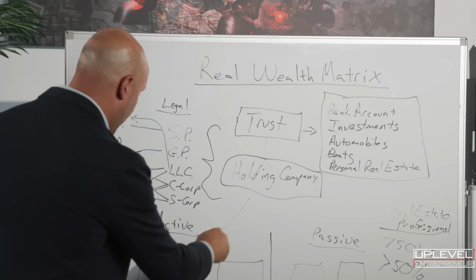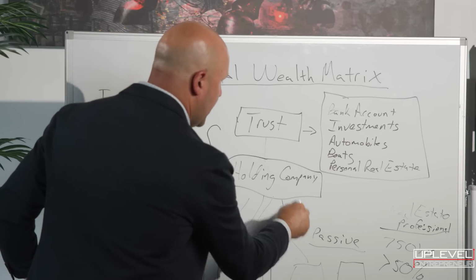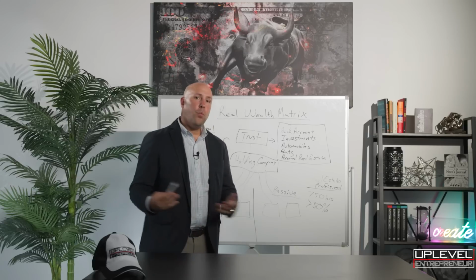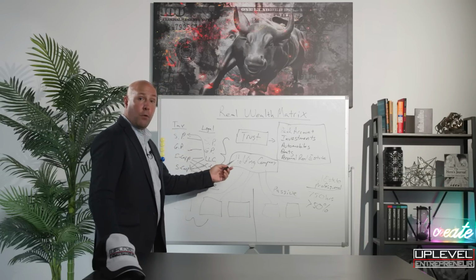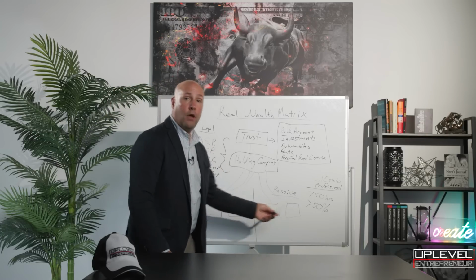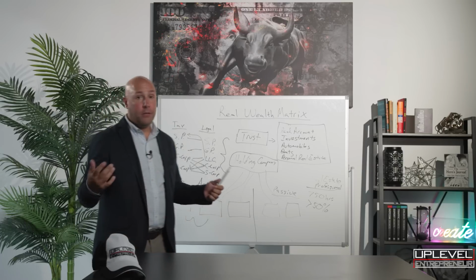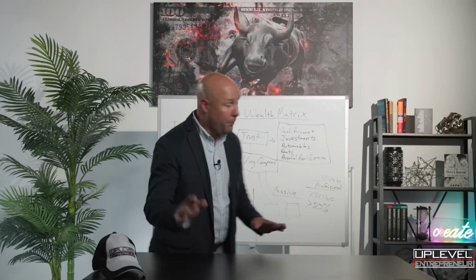But again, the holding company is the entity that owns all of these separate businesses. The question is, what is the structure that you use when it comes to setting this up? Well, again, there's a variety of structures legally that you can use to form the holding company. Same applies to these other business assets that you have. Whether it's an active business, it could be a sole proprietorship, it could be an LLC, it could be a C Corp, S Corp.